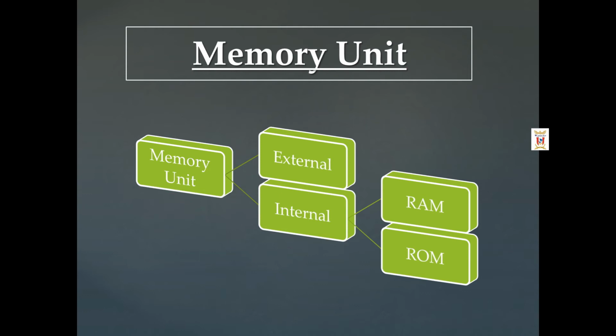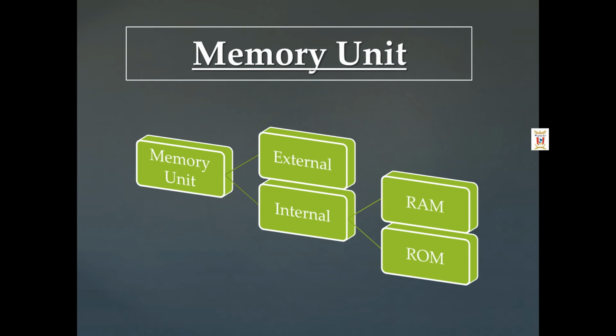The next type of internal memory is ROM, which is read-only memory. It is a type of memory from which the information can only be read, whereas in RAM the information can be read from and also written to. ROM is permanent memory, permanently stored, so power off doesn't affect it. So it is known as non-volatile memory.